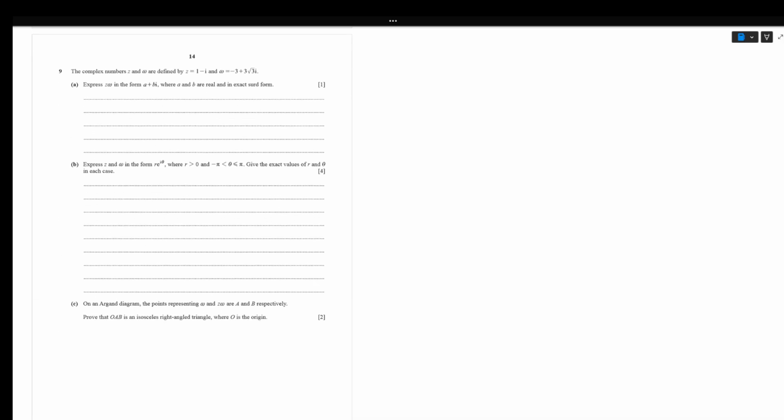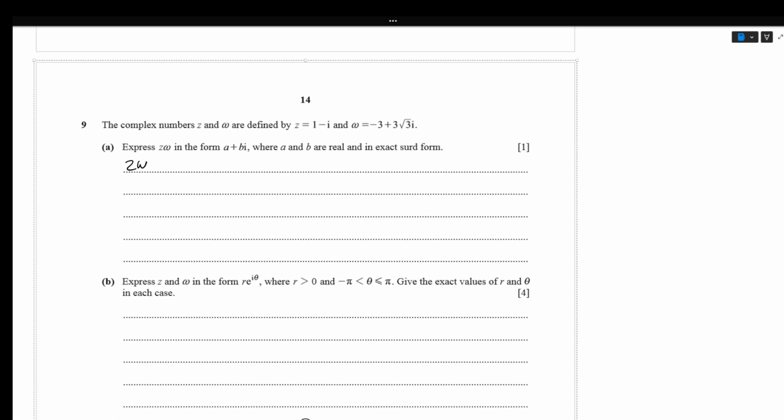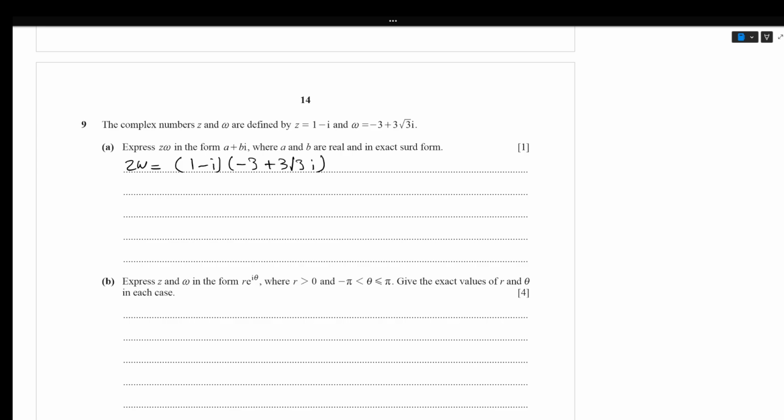क्वेश्चन नंबर 9. Z ओमेगा को प्योर A प्लस BI की फॉर्म में रिप्रेजेंट करना है. Z omega is equals to 1 minus I into minus 3 plus 3 root 3 I. So 1 into minus 3 is minus 3. Then 1 into 3 root 3I is 3 root 3I. Then minus I into minus 3 is plus 3I, and minus I into plus 3 root 3 I is minus 3 root 3 I square, and I square is